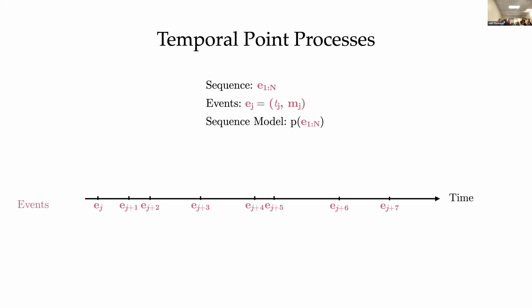So when does this note occur in time, and then maybe the pitch and instrument associated with this note. And I want to build a sequence model over the sequence of events. This might look a little scary because now I have tuples and scalars, and what do I do? But nothing's really that bad. I just interleave events and serialize it. And then maybe I discretize these scalar time values into tokens that I can feed into my standard discrete autoregressive modeling toolbox. So there's nothing really that complicated yet. This is all fine.